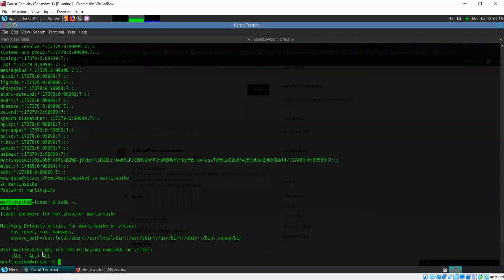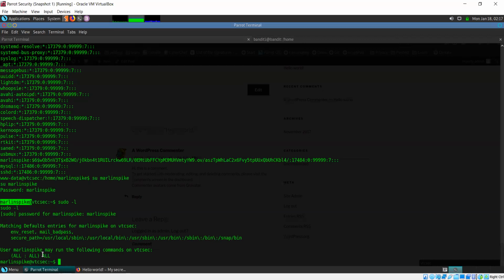That means this is a good thing for us, right? First thing is, if I am able to use sudo, that means from this Marlin Spike user itself, I can do everything that a root account can. That is one thing. But can I get terminal access, or shell access, as the root account itself using sudo?